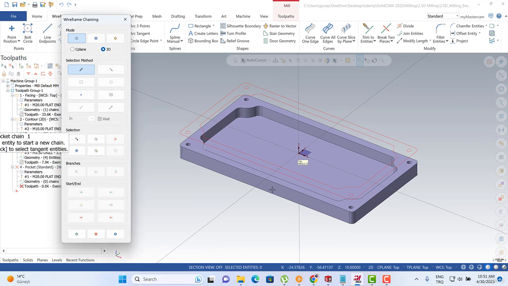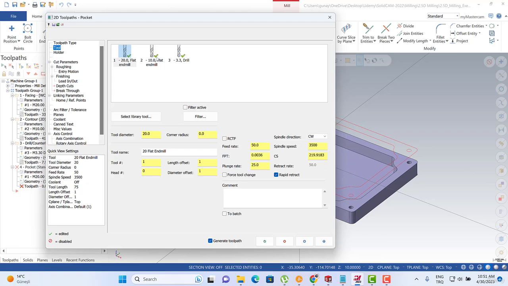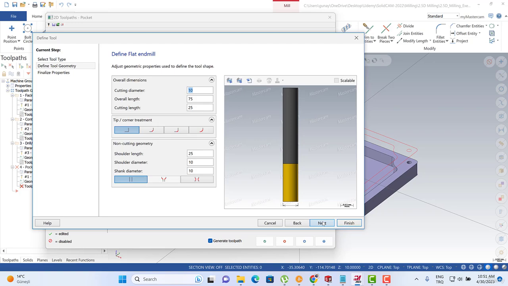Okay, to be able to handle our pocket toolpath, I just need to select that and geometry, and then we can turn to the tool. Okay, let me create my tool. Maybe my tool can be 16 millimeter,